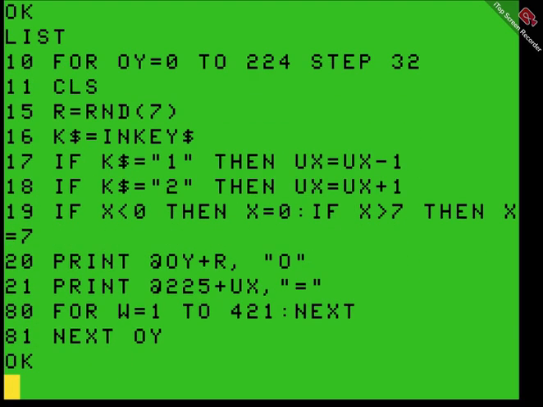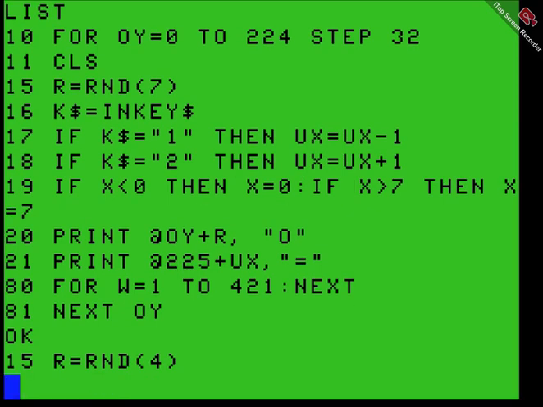Oh god. Oh, did I catch it? I don't know. 15 R equals RND. We're gonna make this simpler. 19 if x is... See, this is the thing,